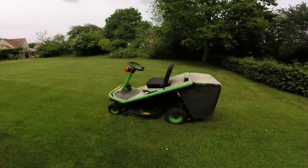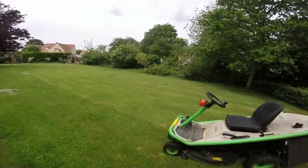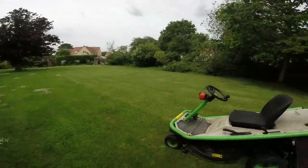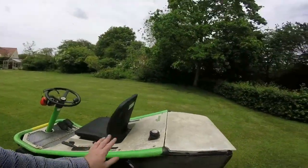Okay, let's talk Etesia. You've just seen me using it, about 5 minutes of action with it working. You can see it's doing a decent job. It's a very up and bumpy lawn, but it's leaving a decent finish. And the grass